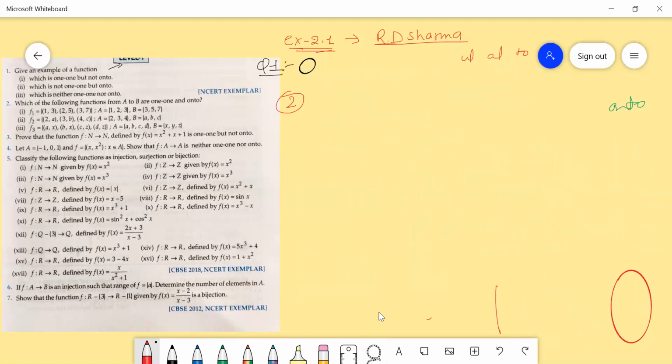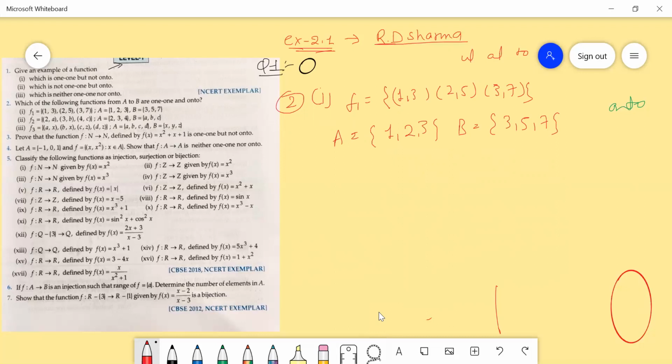In part 1, we have the function 1→3, 2→5, 3→7, and we have set A as 1, 2, 3 and B as 3, 5 and 7. So we have to check whether this is 1-1 and onto.